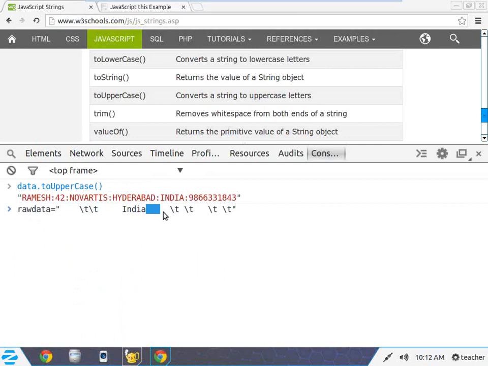One, two, three, 4, 5, 6, 7, 8, 9, 10, 11, 12, 13, 14. 14 blank spaces after India. And blank backslash is also a blank space. Internal